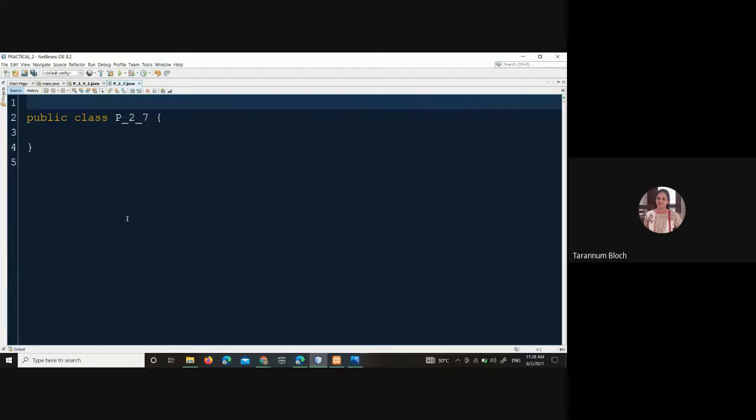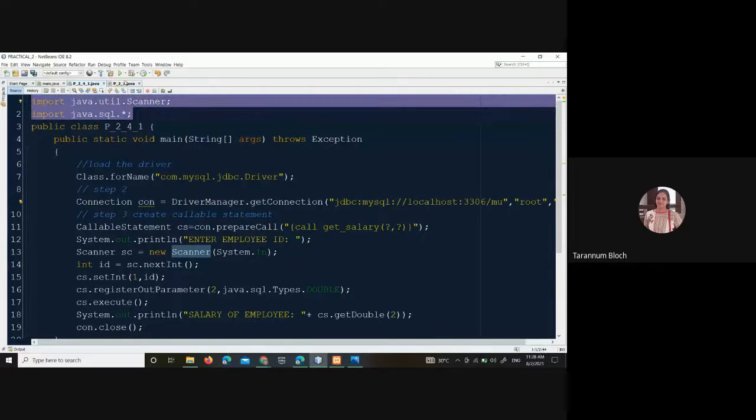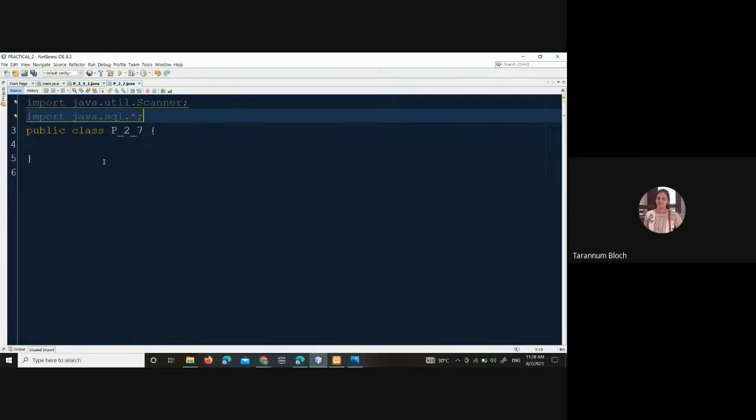Write down import java.util.Scanner and import java.sql.*. Copy that from the other program. Now you need a main method also.